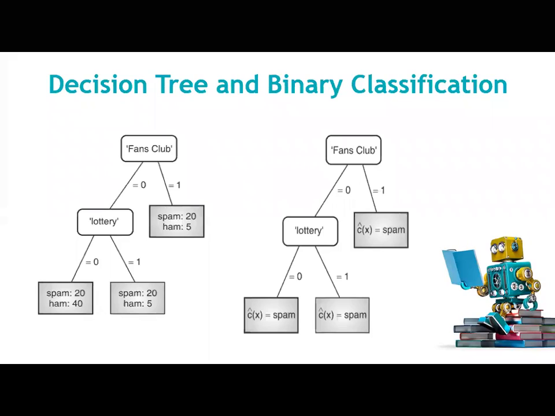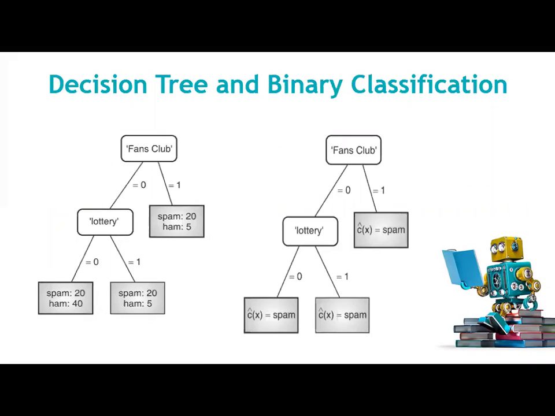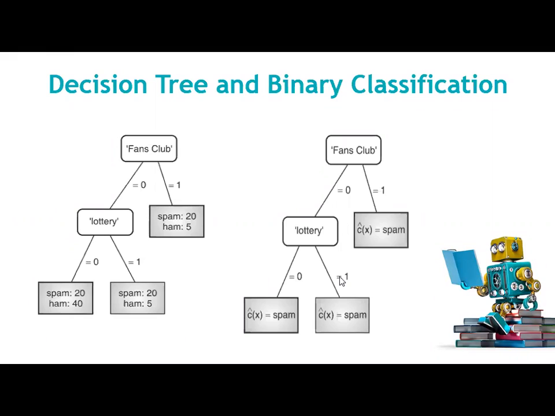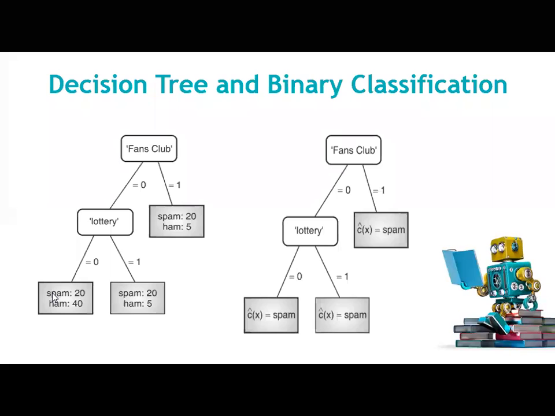Now this particular example we solved last time, that is decision tree and binary classification. What we did is we took one feature tree and converted it into binary classification. So here we have the decision tree and here we have the binary classification. How did we convert it? We considered the instances which have the majority. We selected the majority and collected that. This is clear. So the decision tree and classification problem we solved in the last lecture.